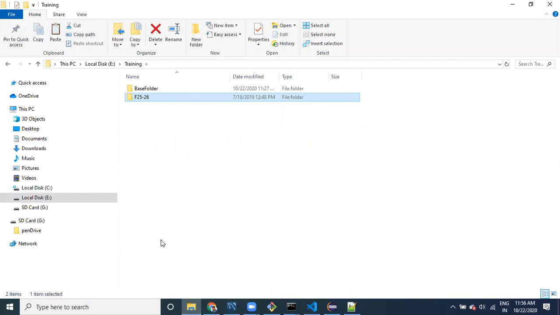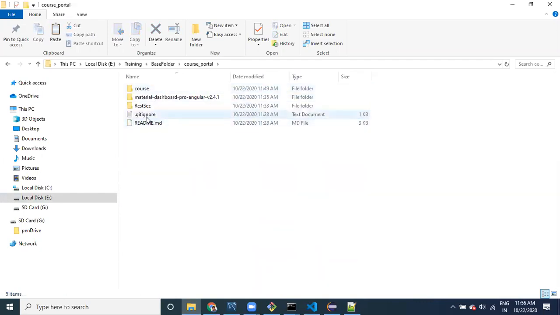It's in the training base folder. This is where the git ignore file and readme file are available, right? These applications are available, right? What you can do is you can provide one more folder. See here, I am creating a new folder within the local repository.